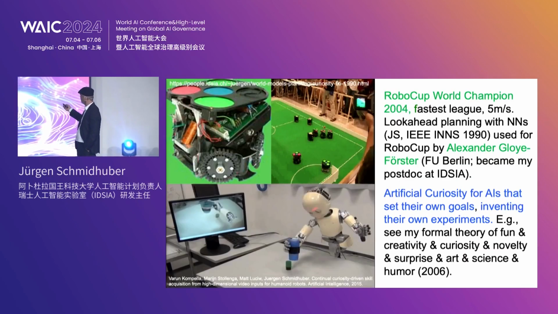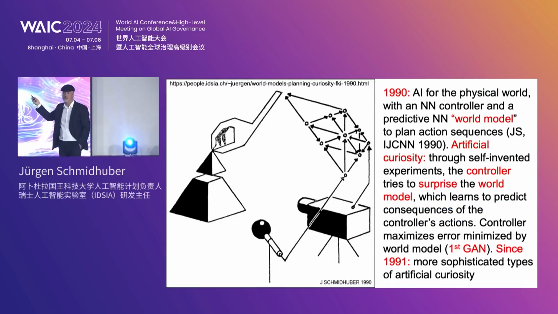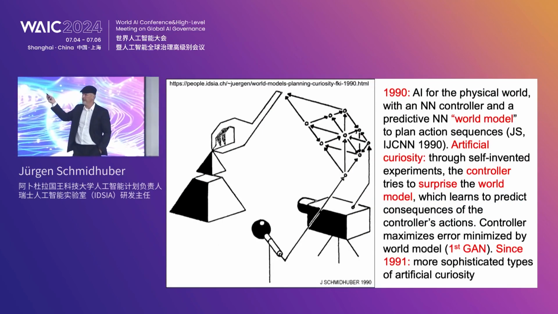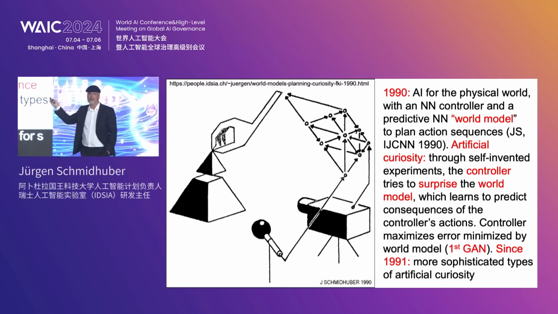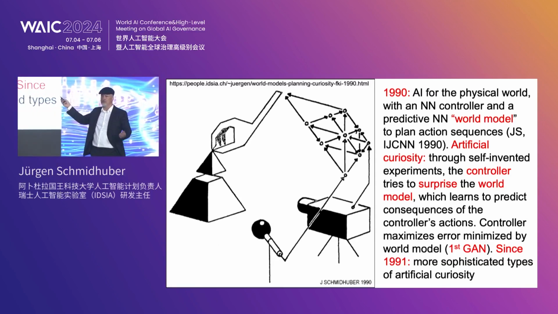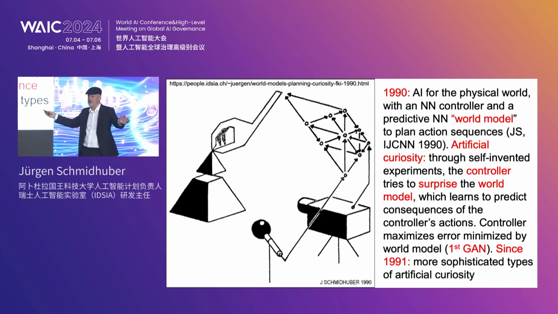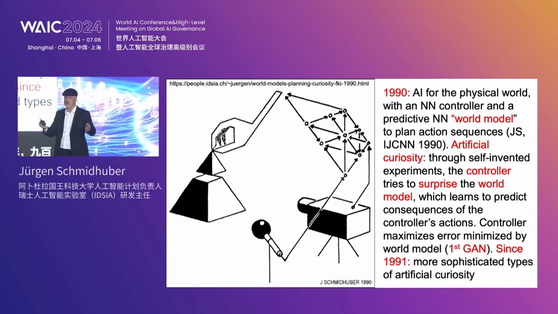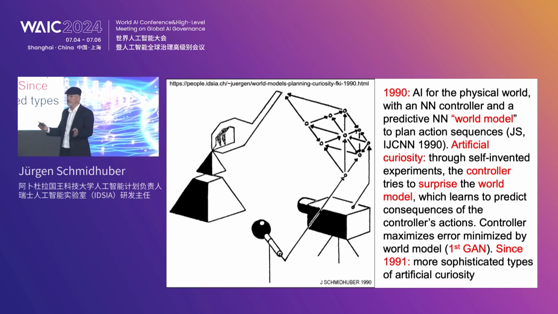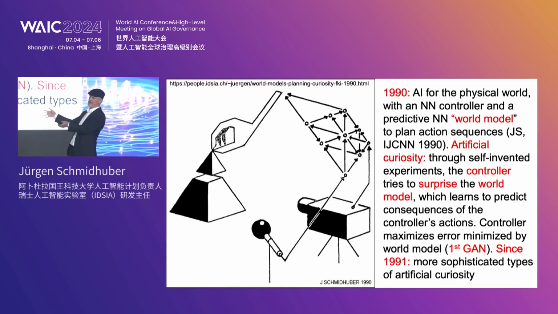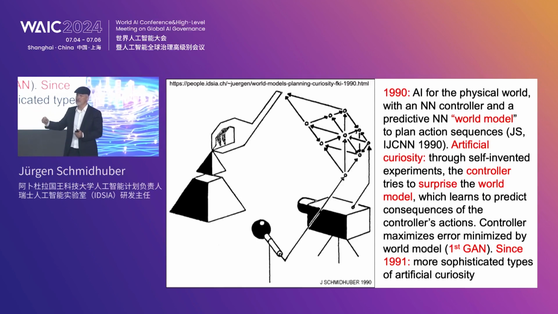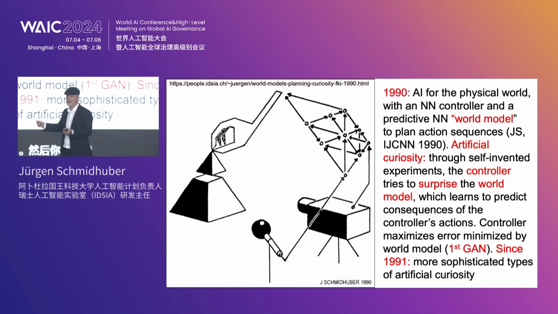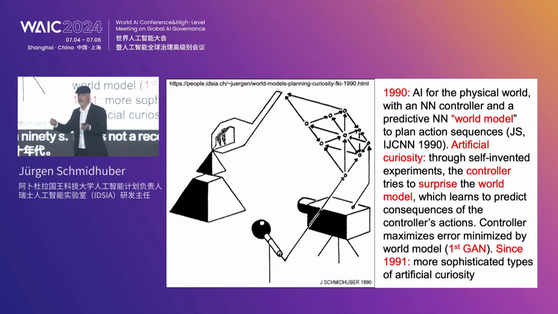Now here, what you see there is the basic principle that I mentioned before already in the AI for us talk that goes back to 1990, which is if you have an AI in the physical world, then this AI, a neural network usually, has to control the robots in that physical world, and it has to learn through a separate world model to predict the consequences of the actions of this robot. And then you create a better and better model of the world. I called it world model in 1990. So this is not a recent notion. It's an old paper from 1990.